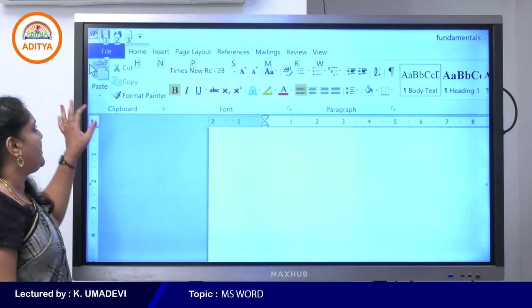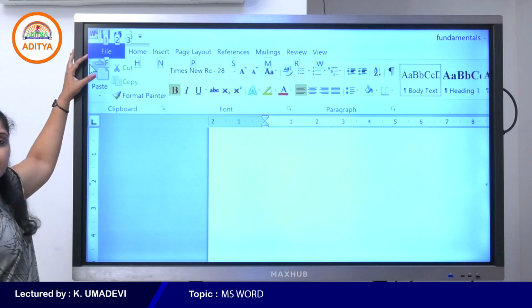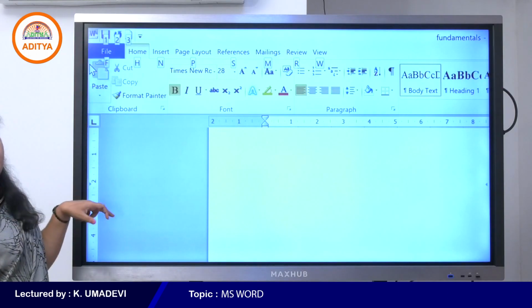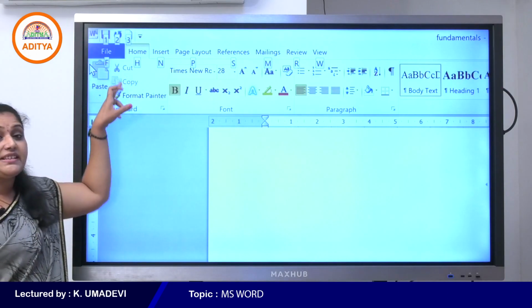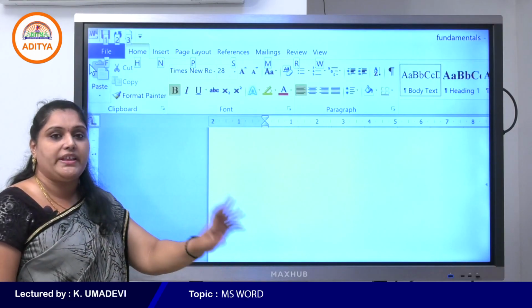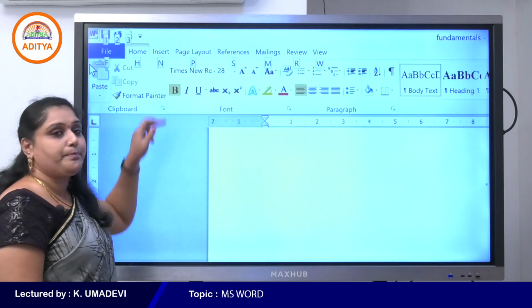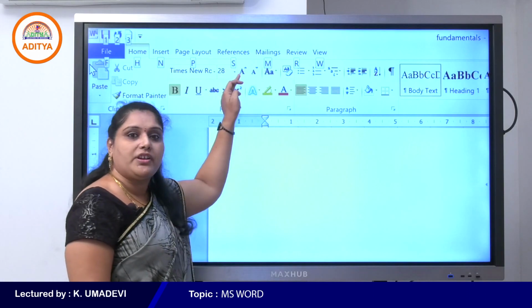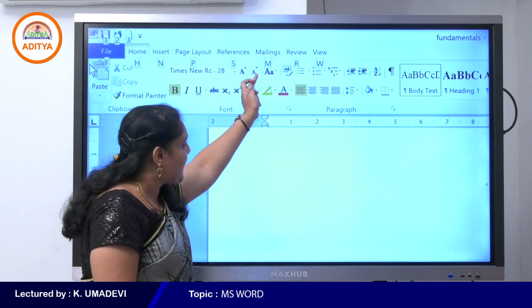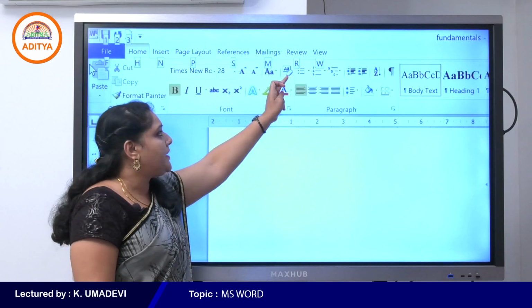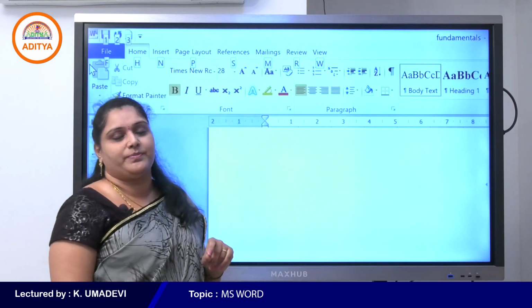So if you press F10, the first letter, that means we use Alt plus F to open the file tab, Alt plus H to open the home, Alt plus N to open the insert, Alt plus P to open page layout, Alt plus S for references, Alt plus M for mailings, Alt plus R for review, Alt plus W is for view.